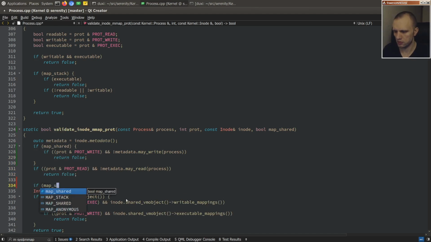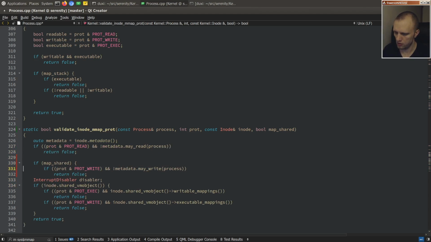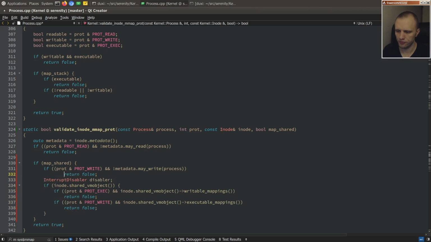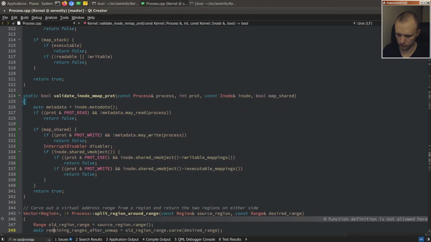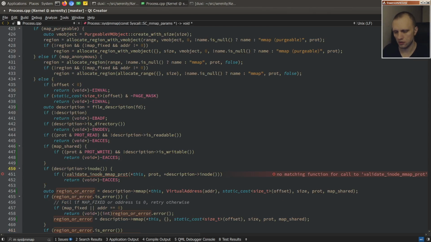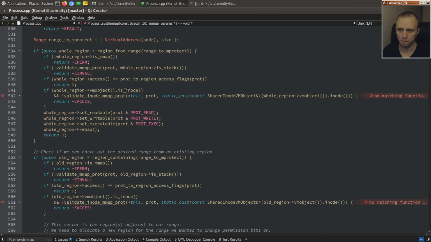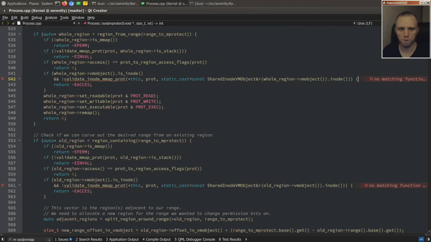If map shared. Okay, let's move all this under here together. Right, and then here now we have to pass in map shared. And then here we just have to pass in